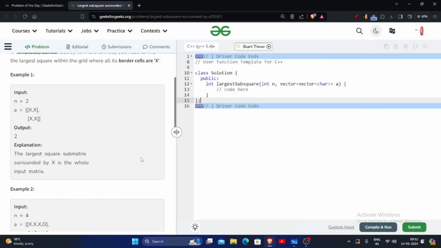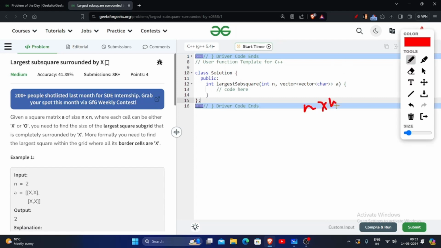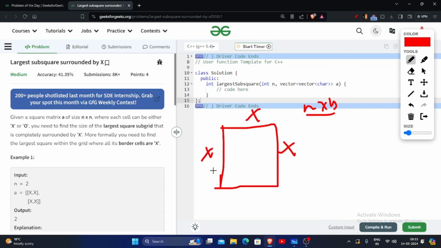So today we are going to solve today's GFG problem, and it is largest subsquare surrounded by X. The problem says that given an n cross n matrix, we need to find the largest subsquare grid that consists of all X in its boundaries. That means this should be whole X, this should be whole X, and this should be entirely X, and this should be entirely X. So if we have a square subgrid that is entirely X, we don't actually care about